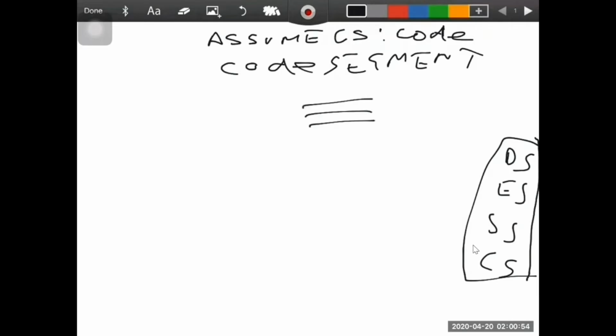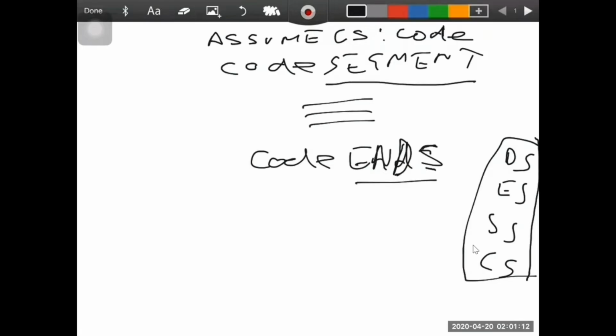So this is our code segment, and afterwards CODE ENDS, that will be in capital. So this and this both are the directives that come under the category of program organization directive.